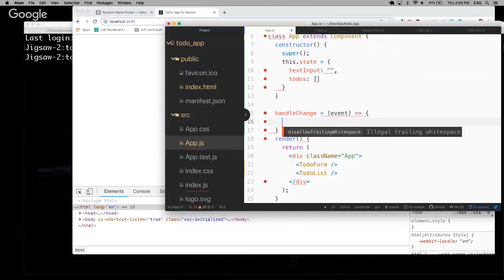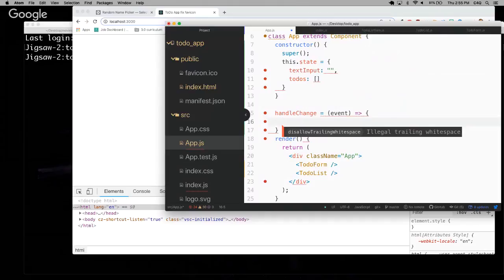Exactly. Yeah. Perfect. So he's saying we need a function to update our state,